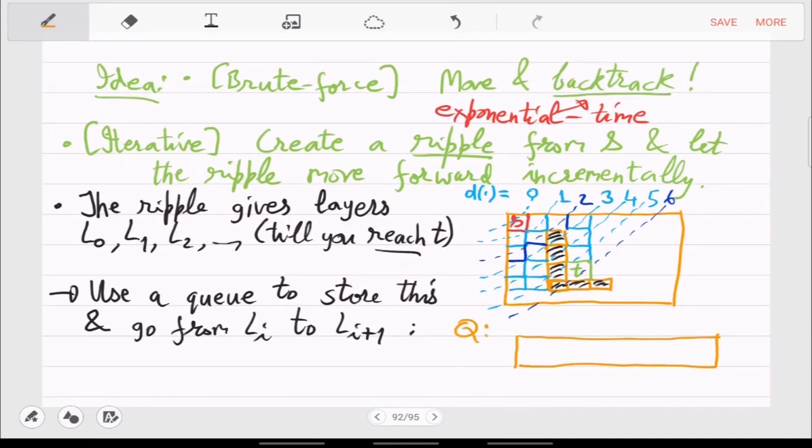So all you have to understand is this. The queue has this as front and this as rear. I mean it's a long queue, but let us only focus on Li and Li plus 1. So where do you think Li and Li plus 1 are? Front or rear? Li plus 1 has to come at the back of Li, because Li is the old thing and Li plus 1 is the new thing.